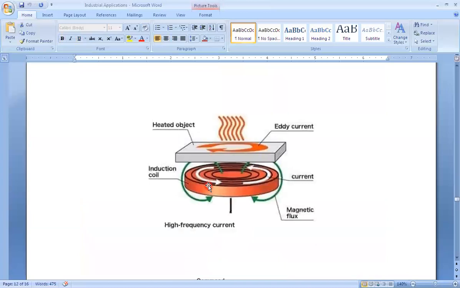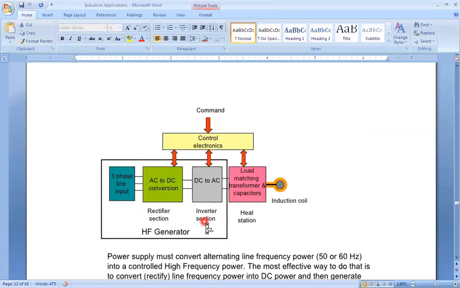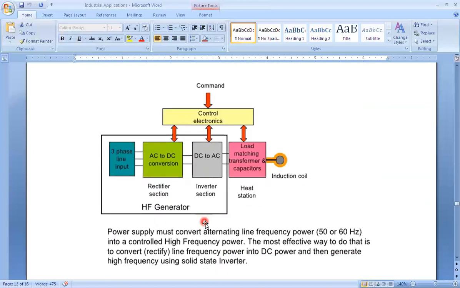High frequency, why is it high frequency? Because eddy current, or power due to eddy current, depends on the frequency. So if we increase the frequency, we will get high eddy current power or high eddy current also, and due to that high eddy current, it creates the heat loss in the iron material. So how to provide this high frequency current, right? How to provide this high frequency current? So this is the simple circuit diagram for high frequency current.